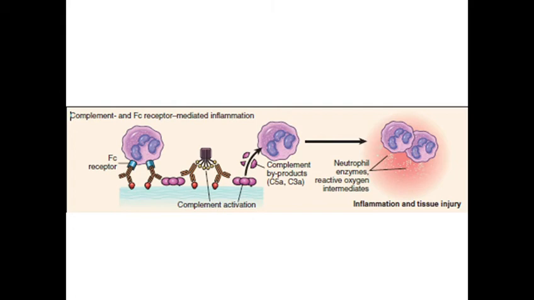Now let us briefly discuss type 3 hypersensitivity reaction. In type 3 hypersensitivity reaction, circulating antigen antibody complexes are formed and thus elicit inflammation and tissue damage. An example is serum sickness, which is initiated by injection of a large amount of foreign serum such as diphtheria antitoxin. So the circulating antigen antibody complexes form and cause tissue damage.